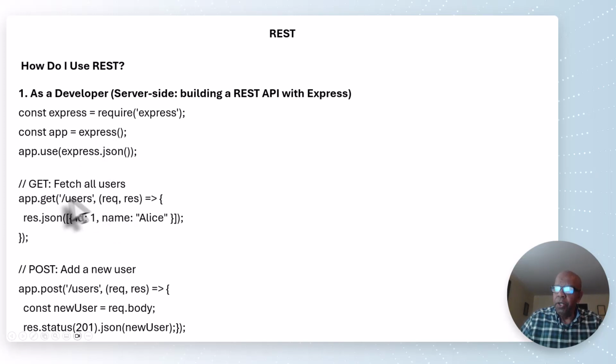Again, we're fetching users. We're doing an app get. We're going to the route of users. So we're going down to the users folder. In the users folder, there's going to be a read to the database. It gets information. We're going to take that information and put it in JSON format and send it back to the client. And as you're aware, I just want to make sure everybody is up on this,